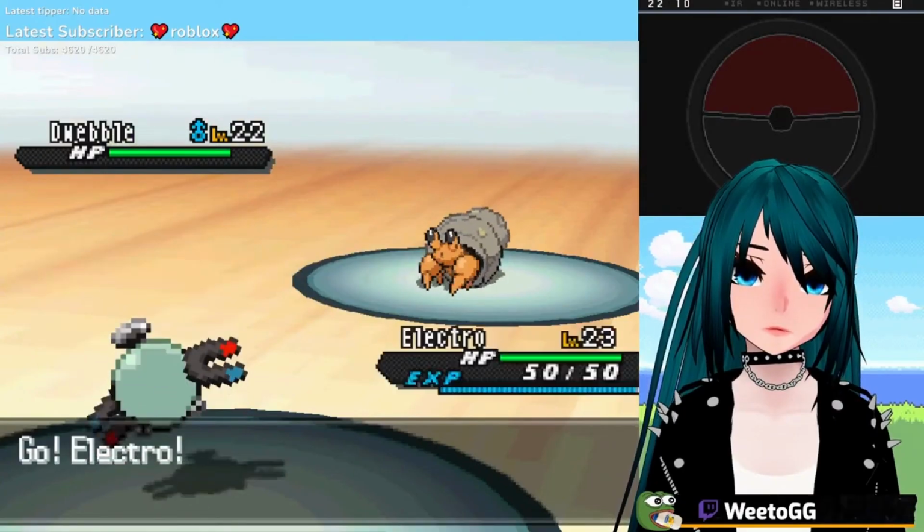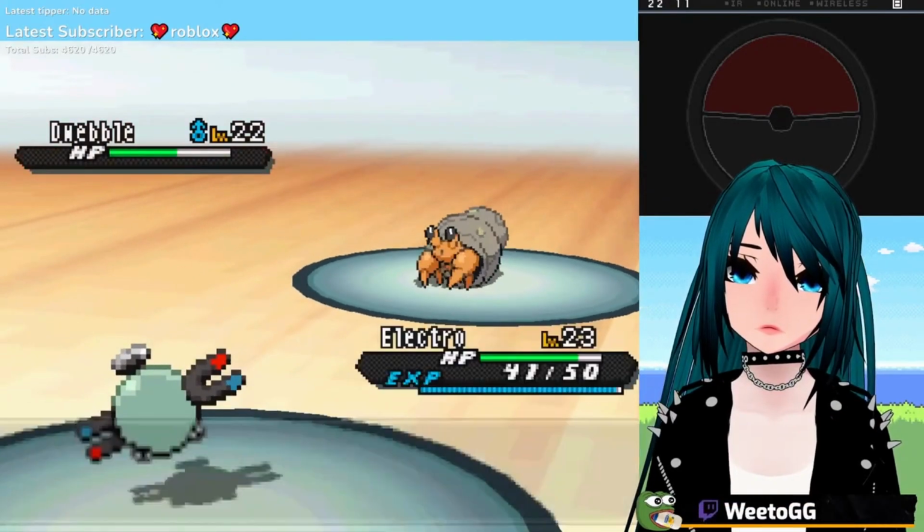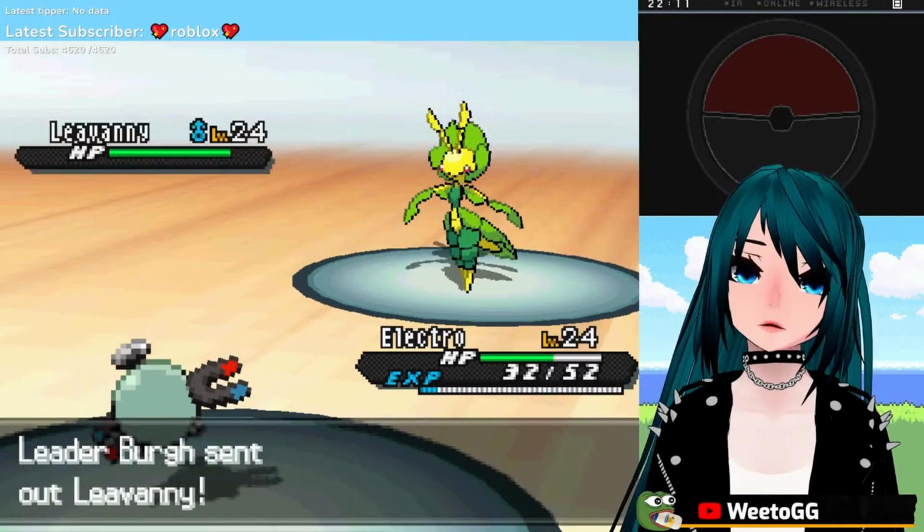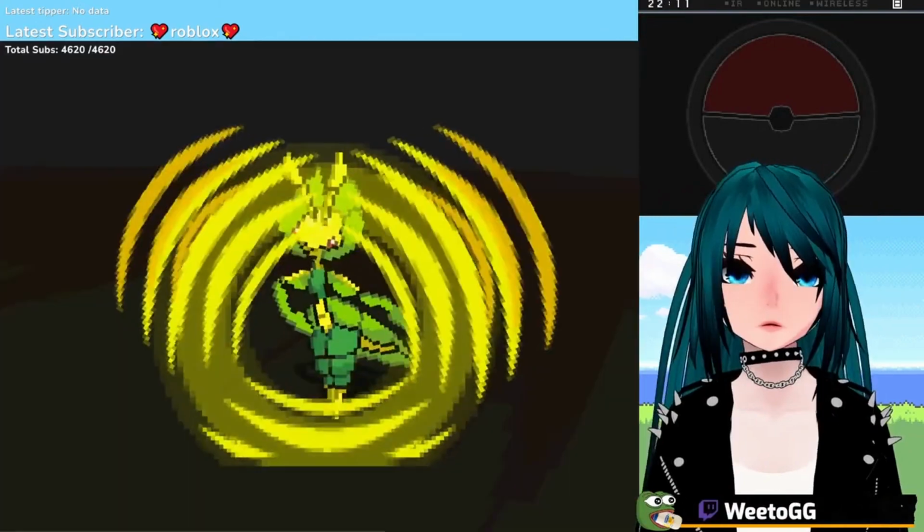As Roggenrola comes in, I switch to Magnemite. Magnet Bomb here does close to half, and 2 more wipe out the Rock Bug. The Ace, Leavanny, comes out now and Razor Leafs me and procs my Aura Berry as I Thunder Wave to gain some speed control,